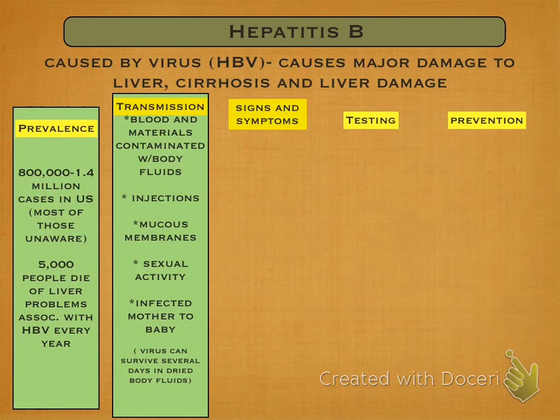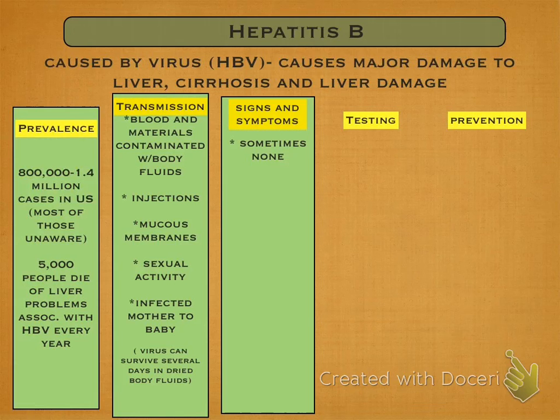But again, you would have to get the bloody part of the towel onto a part of you that has an open wound for that to occur. If you just dried your arm off and you've got no open wound, again, it's got to get into the bloodstream for that to happen. But the fact that it can live outside the body in dried fluid is different from HIV. HIV needs that live host to continue to live.